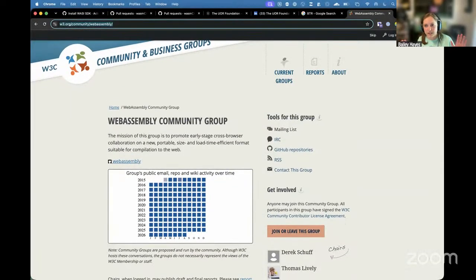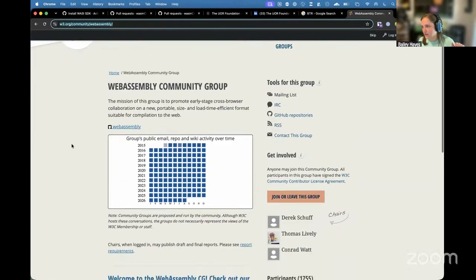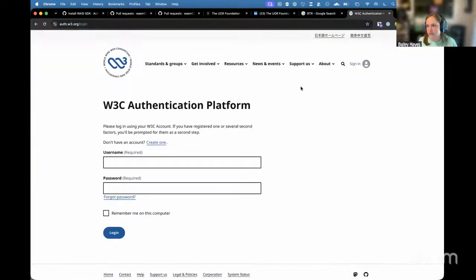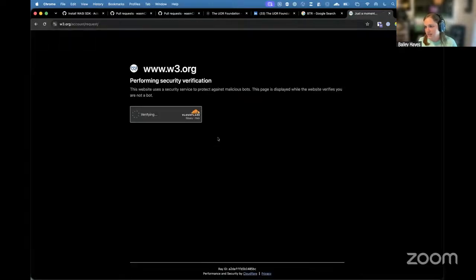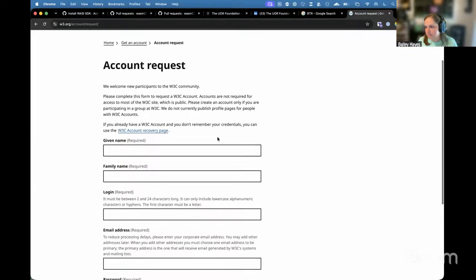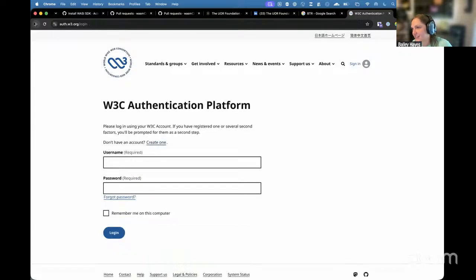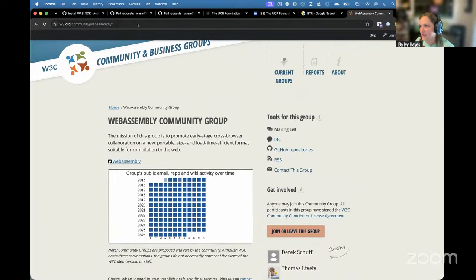Okay, so when you join any W3C call, you do join, and then it will ask you to log in, and if you haven't created an account, go create one. Oh, it thinks I'm a bot. And then basically you're going to say, I won't patent anything that I hear on this call. It's sort of the TLDR. I won't set up royalties. I won't do any patents. And once you've signed off on that, then you get access to